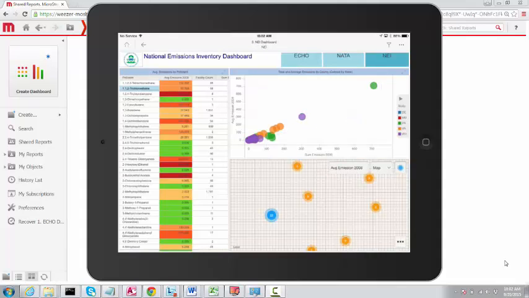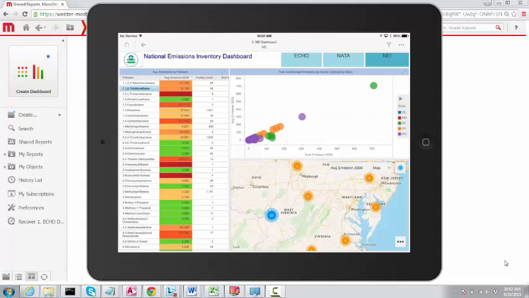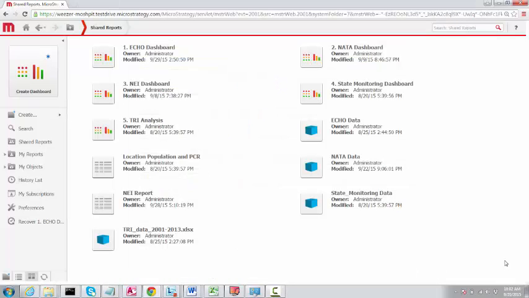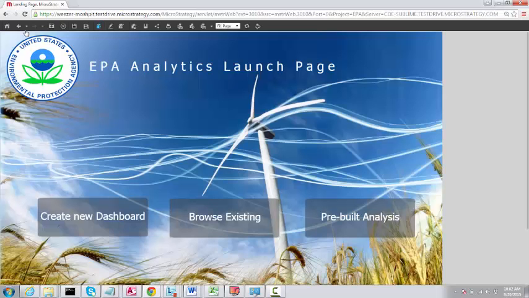And one nice feature I wanted to show very quickly is that because both mobile and web are using the same set of dashboards and reports, all the objects, it's the exact same metadata, I can make quick changes in web and see those very quickly reflected in mobile. So you notice behind me I'm logged in through the web browser, probably like you've been doing during the evaluation. If I click on the home button just to get us back to that landing screen, and I go into my pre-built analysis,